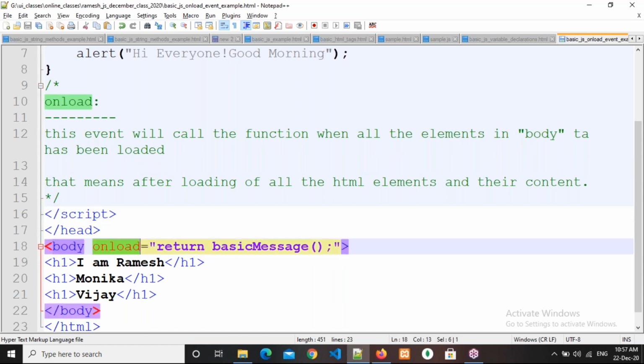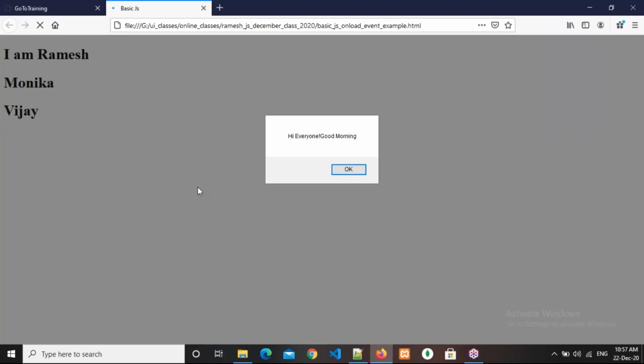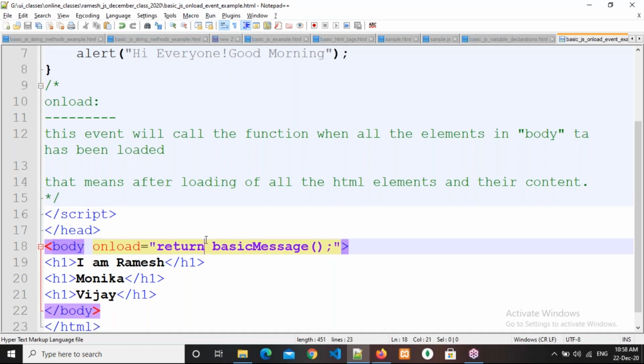Onload event. Hello, everyone, please respond. Yes, sir. Okay, right. So now when it is loading, I am not clicking anywhere or anything. I am just loading the page. Then after loading of all these elements, this image and this pop-up box we are getting. Okay, now what I will do is